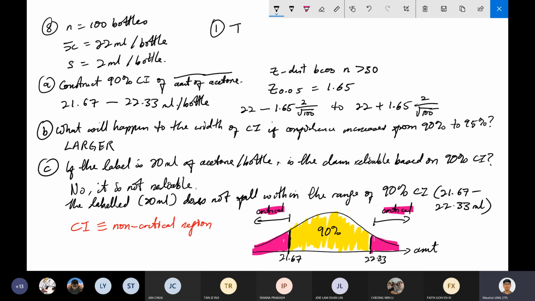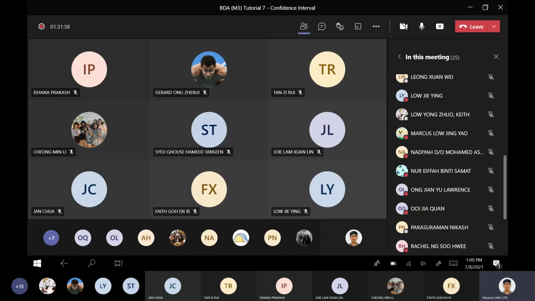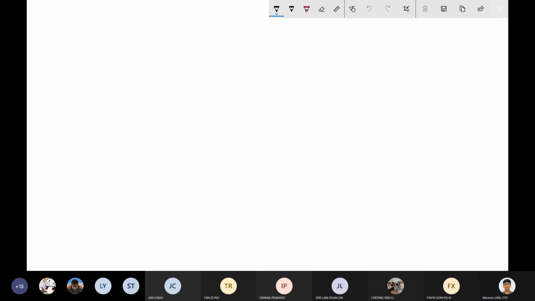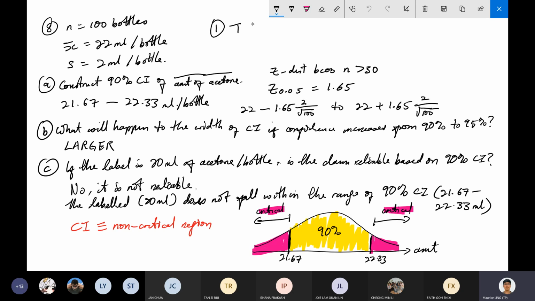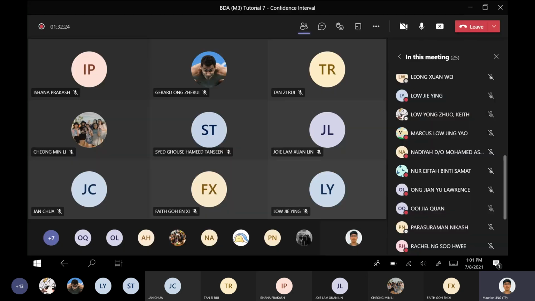True, correct. So an increase in sample size, you reduce the width of confidence interval. Then question 1B, is it true or false? Nadia? True, correct. In fact, question 1A and 1B is the same thing. Question 1C, if you are finding 95% confidence interval for a population mean, to halve the width of the confidence interval, you have to halve the sample size. True or false?